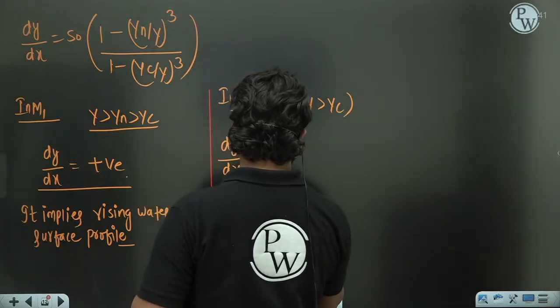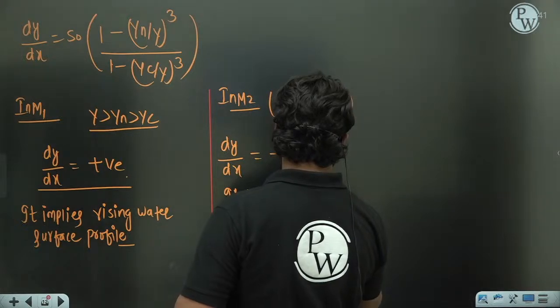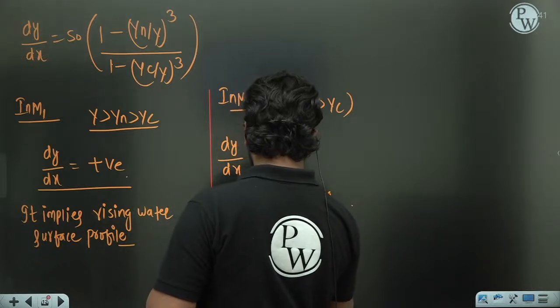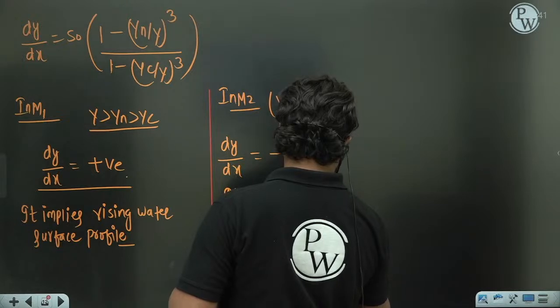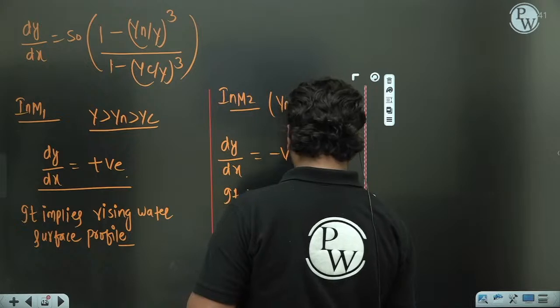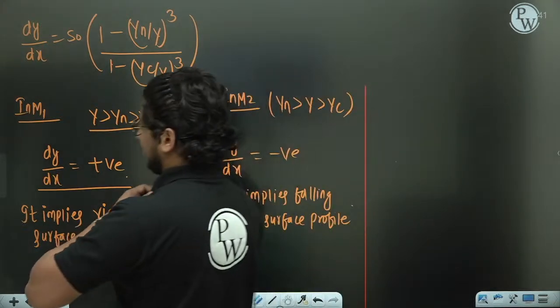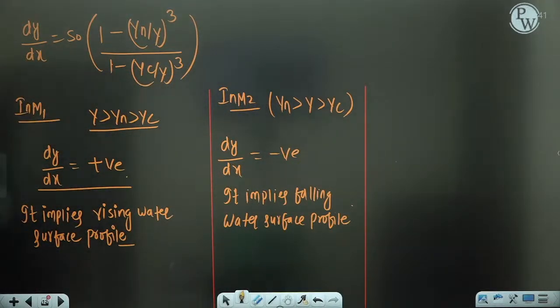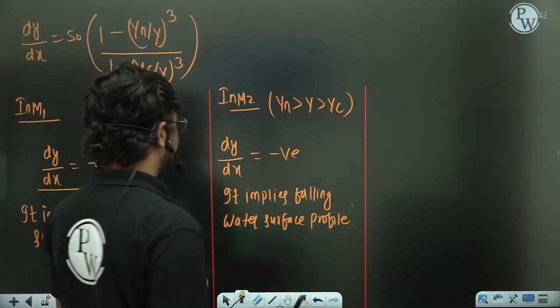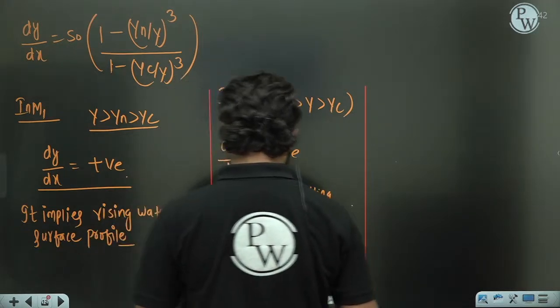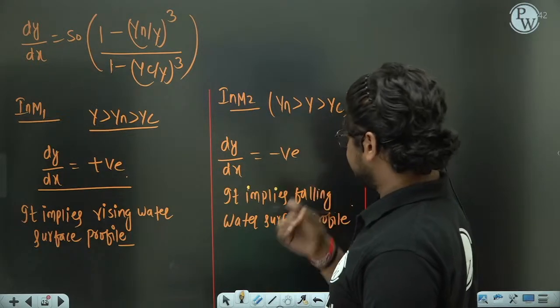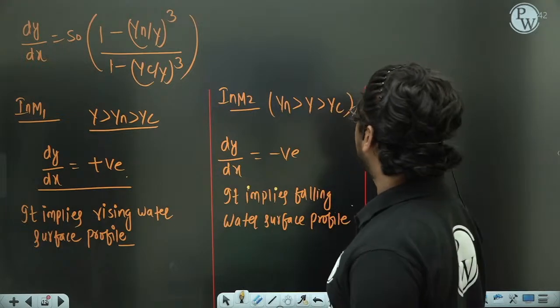It implies falling water surface profile. Is it clear? Now the next one is